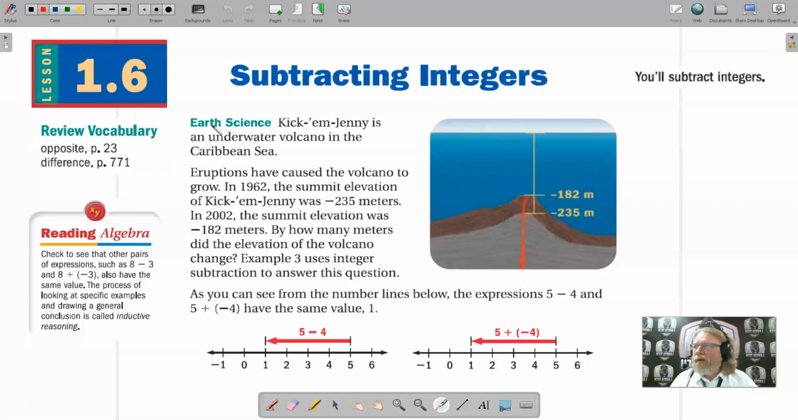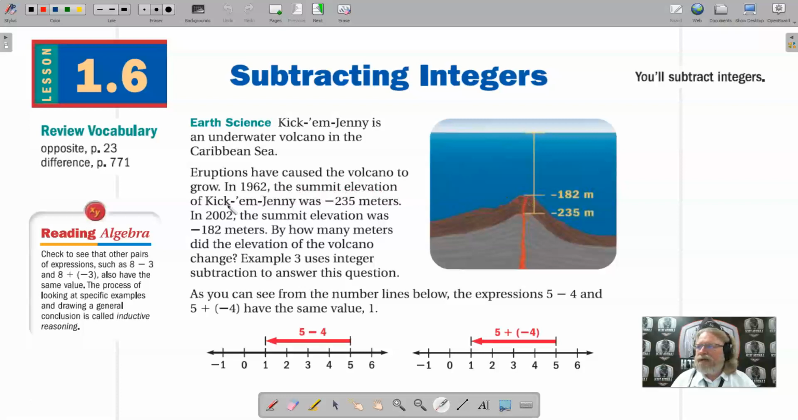So here we have earth science is our subject for this example, and Jenny. Interesting name for a volcano. Jenny is an underwater volcano in the Caribbean Sea. Eruptions have caused the volcano to grow. In 1962, the summit elevation, and by summit we mean the very peak of it, the top of the volcano,